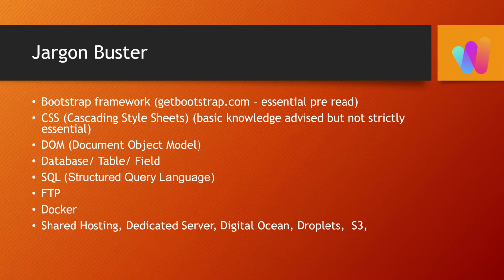when we're talking about passing your website via Docker to your production website. Droplets is really just a term used for your small part of DigitalOcean where your website is hosted. And lastly, S3. S3 is a technology used for storing images, specifically where those images are actually stored in a separate piece of memory, shall we say, to your website itself.